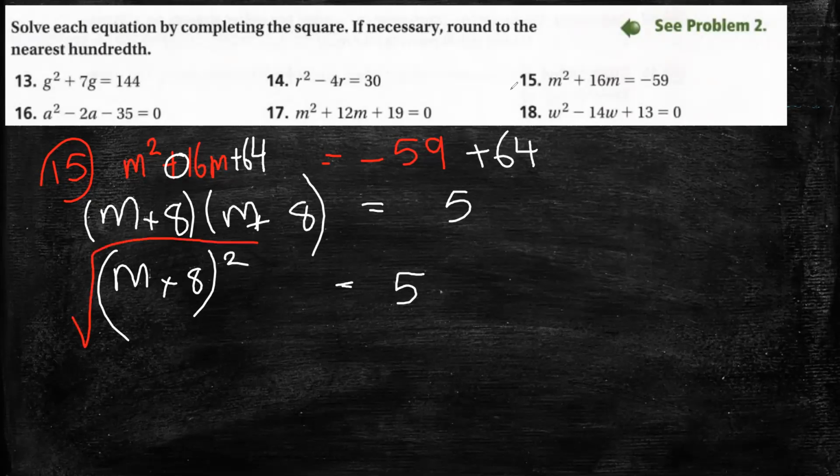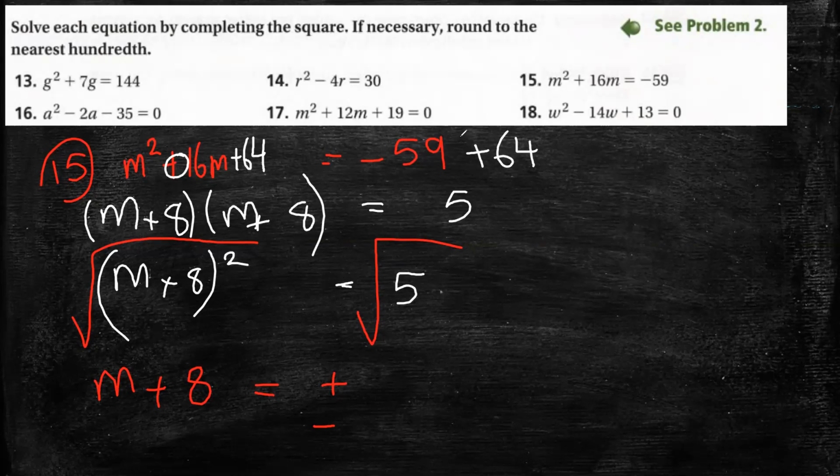And since I put the square root on this side, I must put it on the other side. Then m plus 8 is positive or negative the square root of 5. The square root of 5 equals